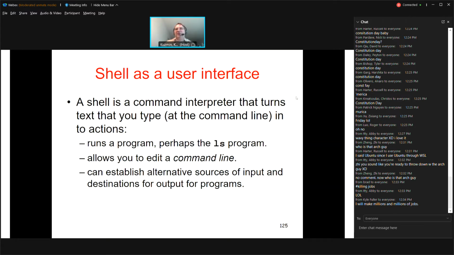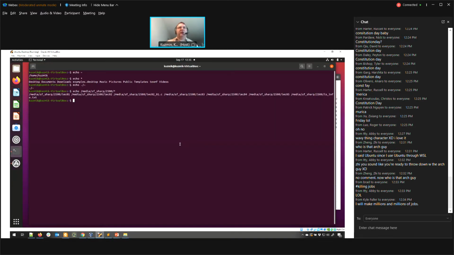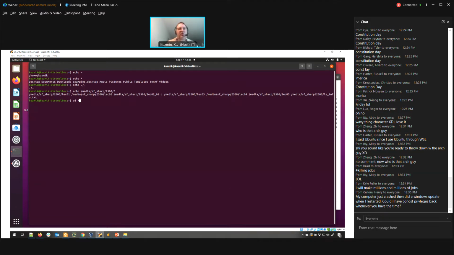Shell typically allows you to edit the command line. Hopefully all of you know the tab completion thing, but let me show it to you because it's a lifesaver. It's very convenient. Suppose I want to change into some directory. Tab completion works in all standard Unix shells, at least when you are connected directly to the terminal. When it's over SSH or some remote access, things might be weird, but if you're directly connected, it should work. So imagine you don't want to type the whole long name, so you can just start typing the first few characters or the first character, and then I'm pressing tab. Of course, you cannot see that, but I'm pressing tab, and